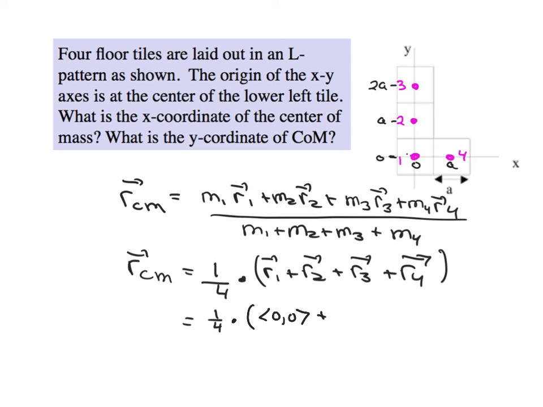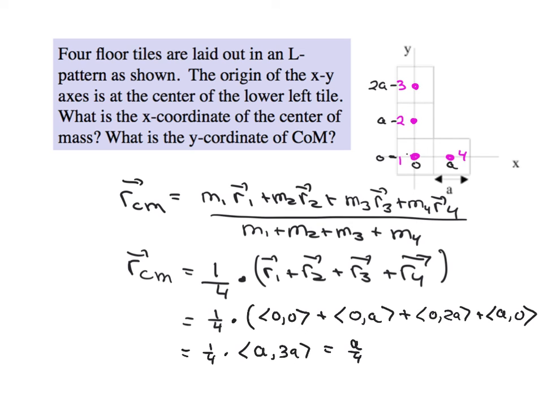Mass number 2 is at 0, A. Mass number 3 is at 0, 2A. And mass number 4 is at A, 0. If we add all these together, we get 1/4 times A, 3A, or A over 4,